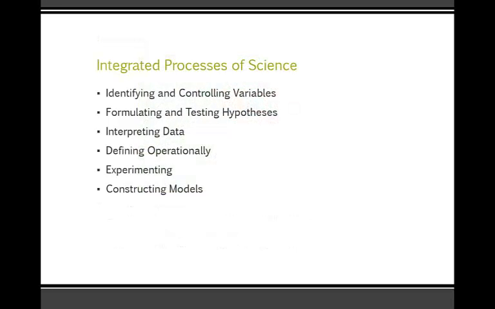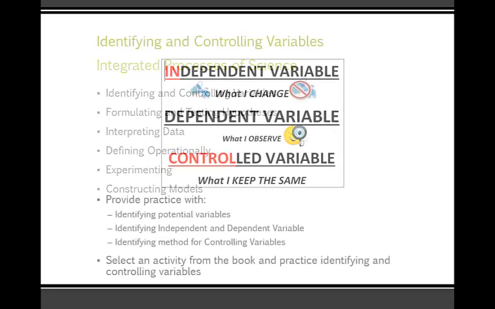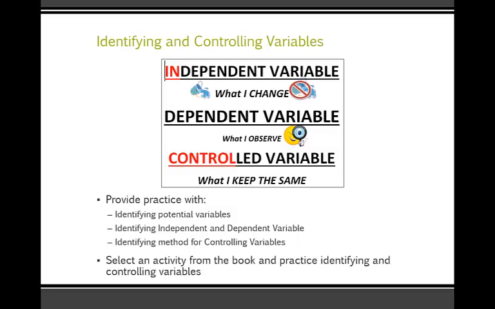The integrated processes of science are things that pull together more pieces. They're not at that basic level. And they are identifying and controlling variables, formulating and testing hypotheses, interpreting data, defining operationally, experimenting and constructing models. So identifying and controlling variables: our ability to conduct meaningful experiments is lost without an understanding of variables and how to control them. It's really important that you provide students with the opportunity to think about all the different variables